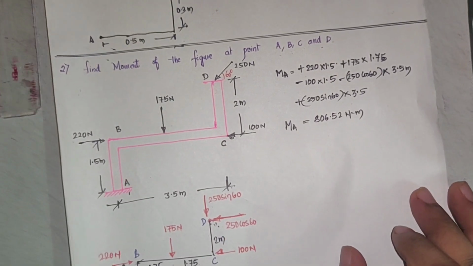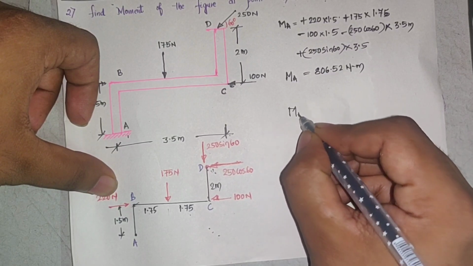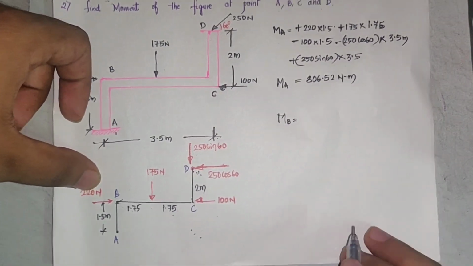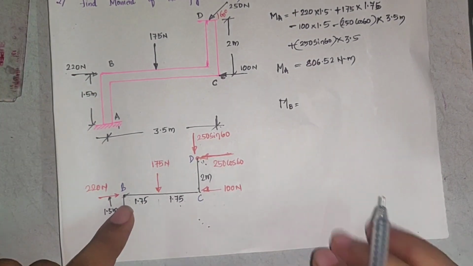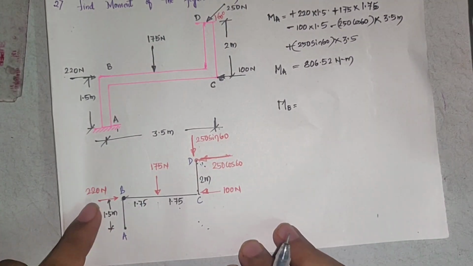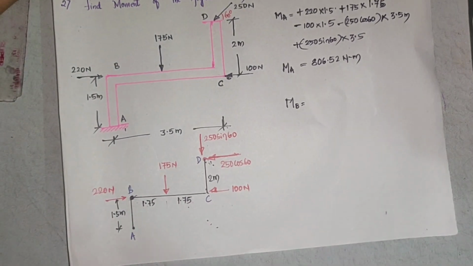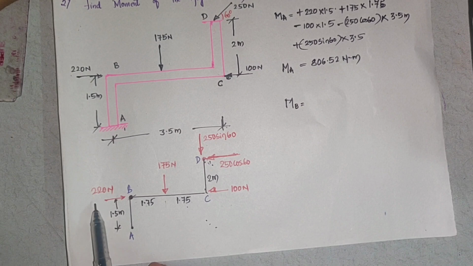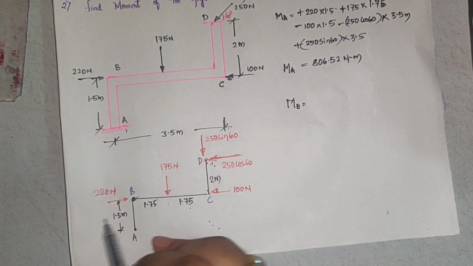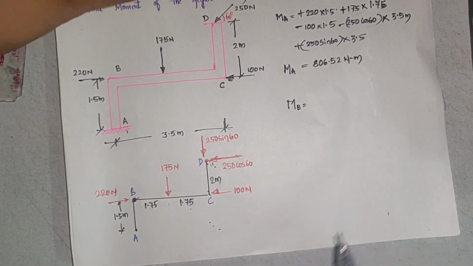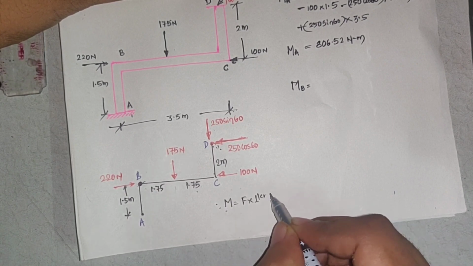Now to calculate the moment about point B. If you see the figure again, I'll write moment as M, and we are calculating about point B, so it is MB. One more concept that you are going to learn here: point B is here and a force is also here. Remember, when the line of action of any force passes through the point about which you are calculating the moment, then the moment caused by that force is equal to 0. Why 0? What is the definition of moment? Moment is equal to force into perpendicular distance. Correct?